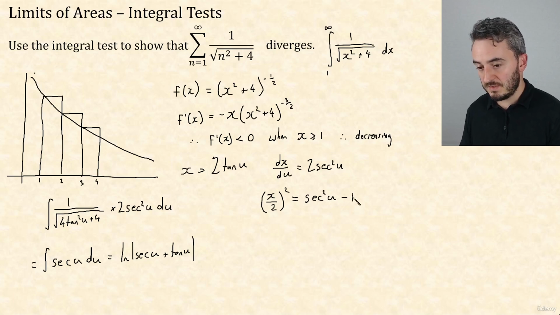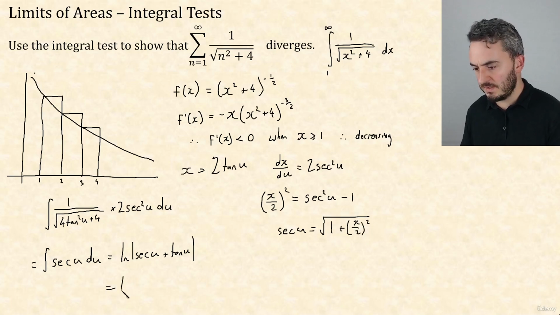That means that sec u is the square root of 1 plus x over 2 squared. So what we have is ln, well, let's do our tan u first, which is just x over 2. So it's ln of half x plus the square root of 1